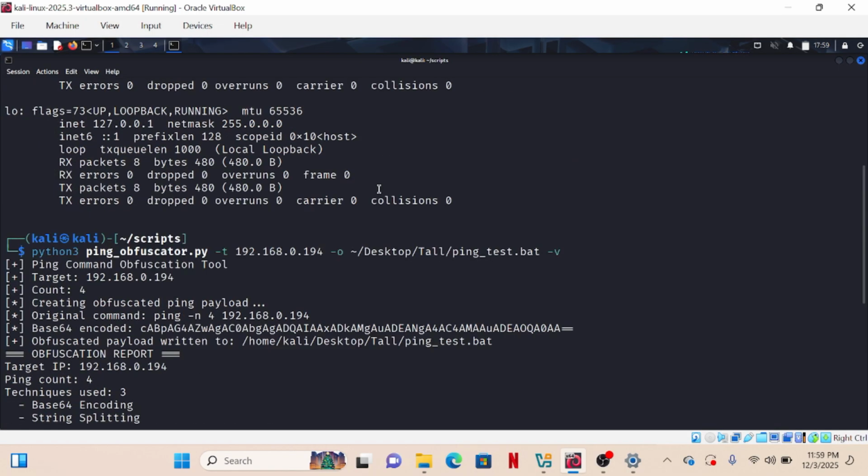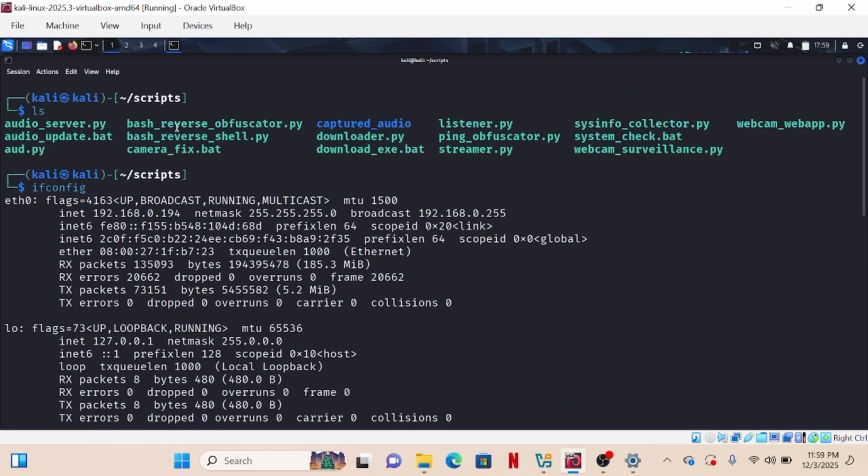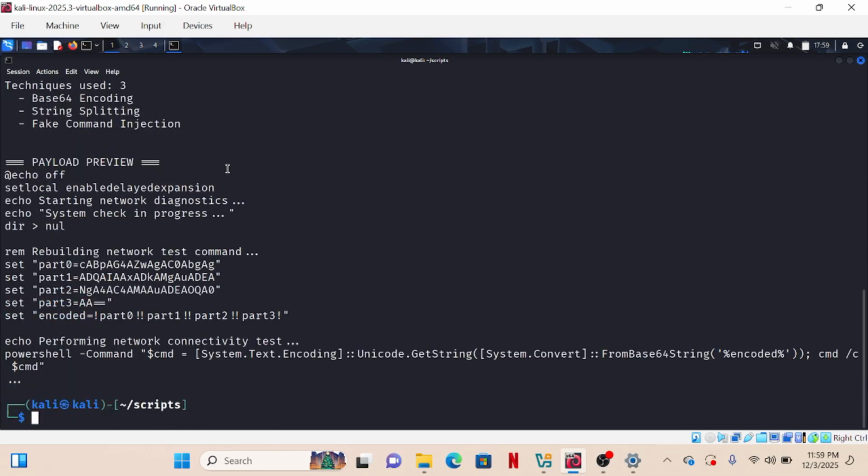Now we have our bash obfuscator in bash_reverse_shell.py. I'm going to say Python 3, and I want to make use of the bash shell script. So it's asking, okay, who is the attacker? Where should my listener be? Let me say who is the listener. My listener is on the IP address